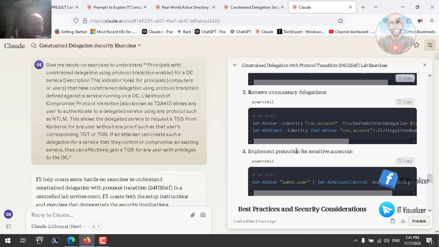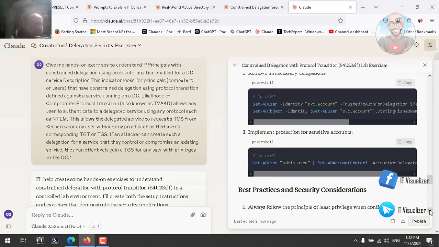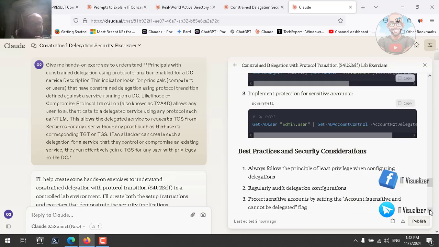This can be done by adding this user to the Protected Users group to prevent delegation for this user, or to take tickets on behalf of the user. This can be done. Okay, unnecessary delegation. But what about if I need to have constrained delegation? I think this can be done using just-in-time